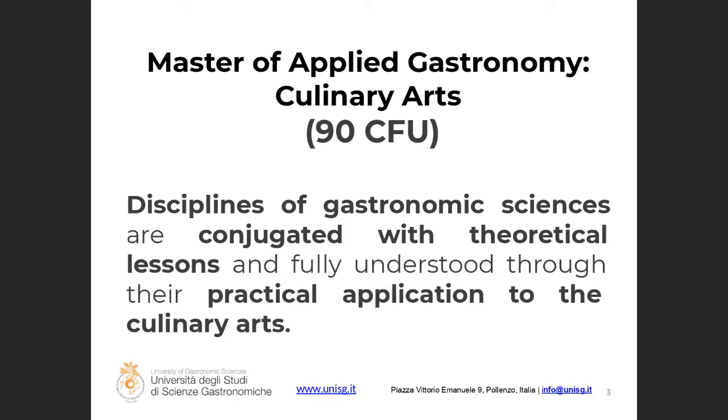Somehow it is the evolution of another master that we had for 3 years. We had 5 editions, 3 in Italian and 2 in English, of a master that in English was called The Slow Art of Italian Cuisine. Then we stopped for a while to think about it, and we came out with this other course